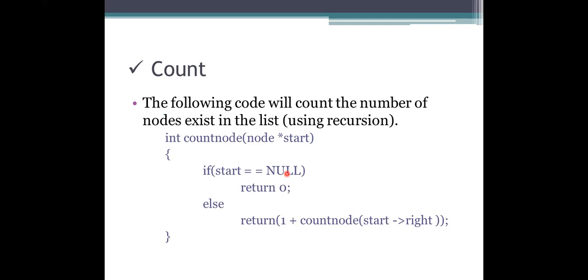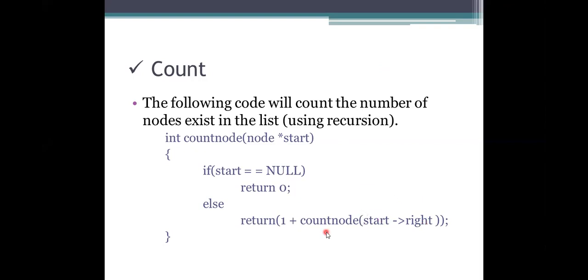So here I need to count the node as 1, and then add the next value, as there could be another value there. How am I going to read that other value? It is read with recursion. A function calling itself is specified as recursion. So how am I going to count that? I want to go for the count starting on the right side, the right pointer. Where do I have to stop? Whenever I get the right pointer value as null, I need to stop the processing there itself.